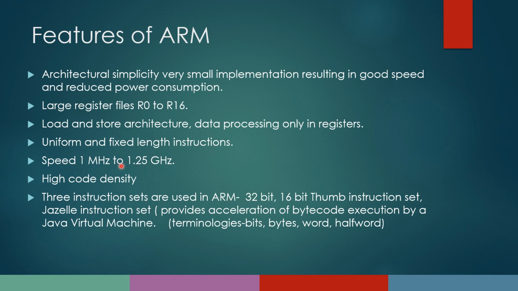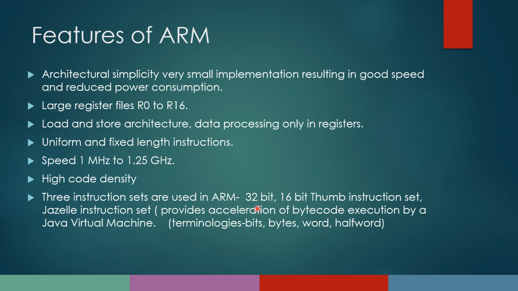Another thing is the processor speed, which we usually specify in gigahertz, that is the number of cycles the CPU executes per second. The speed is good, and we have high core densities in the case of ARM processors, along with the instruction set supported by ARM. Commonly in the case of ARM processors we use 32-bit architecture, that is the common one.